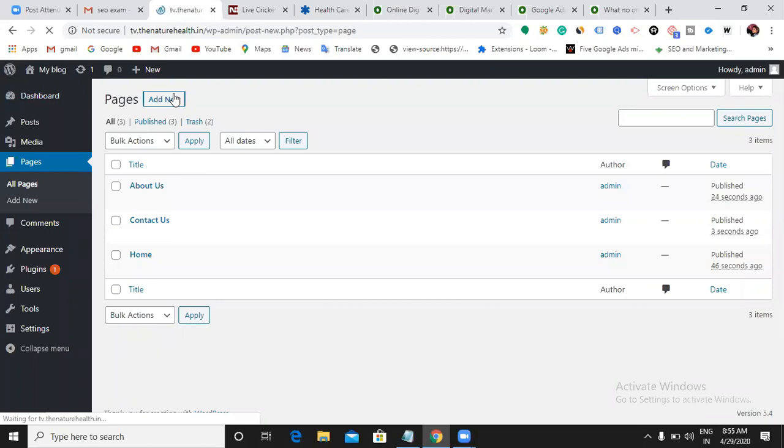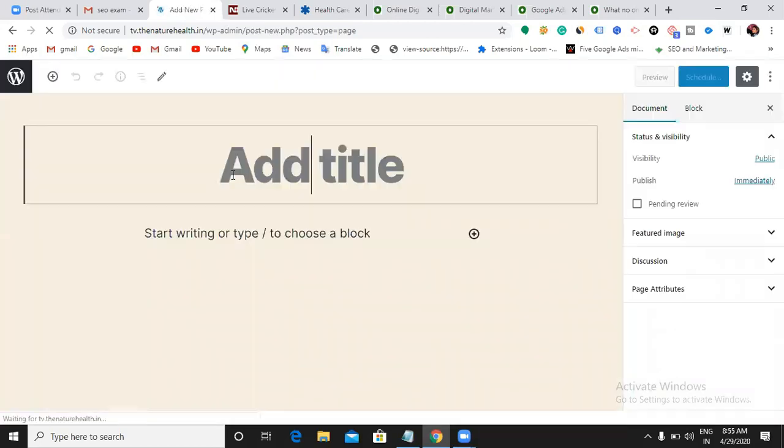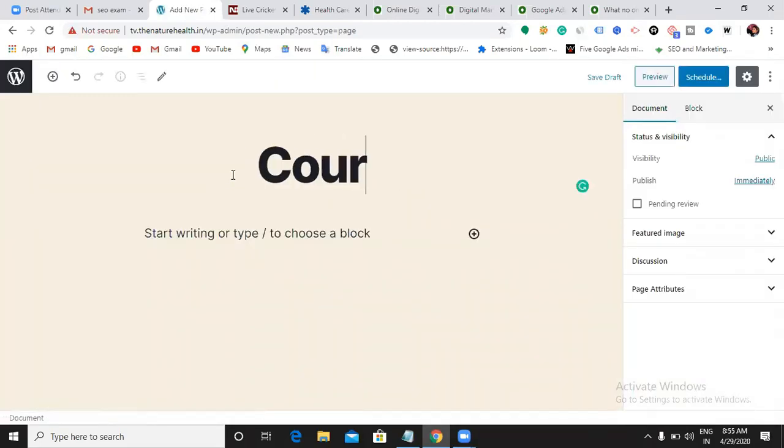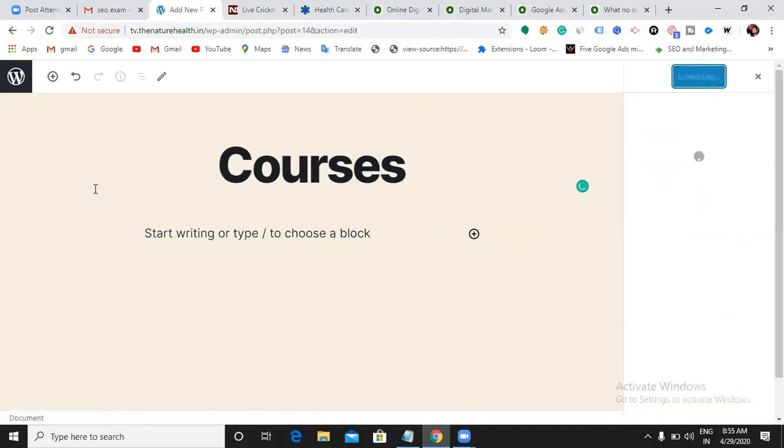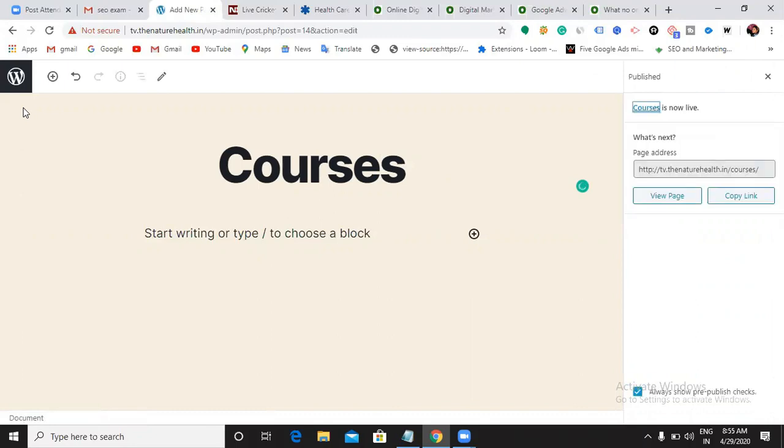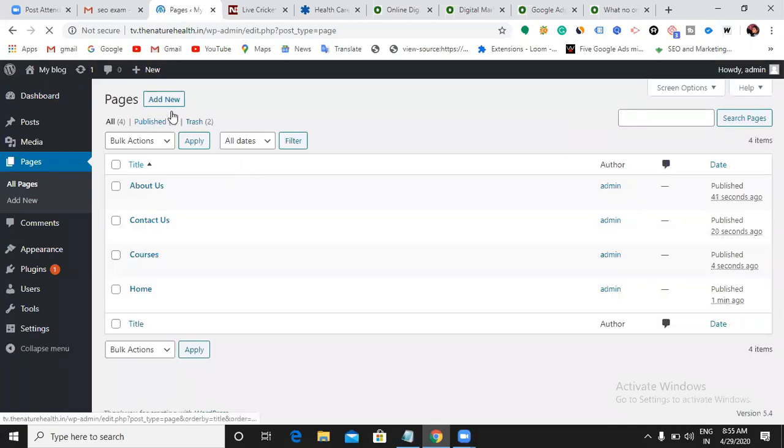Add courses. Next, under courses again, what are the pages I want to show?